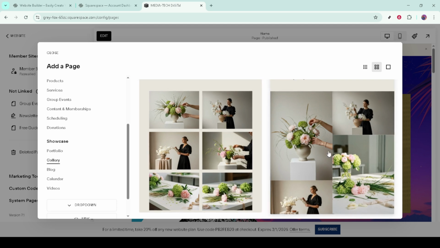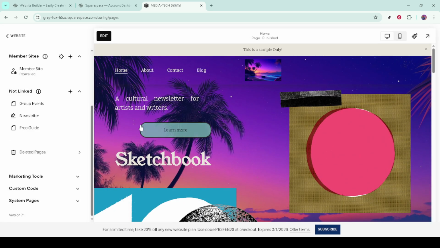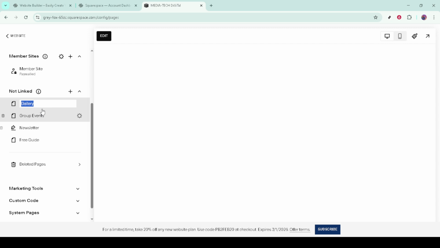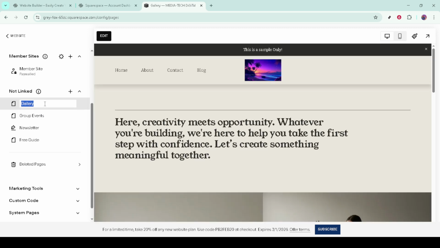If you're working with several pages, use drop-down folders to keep things organized. This makes the section easier to navigate, especially on larger sites. To create a folder, hover over the Not Linked heading again, click the plus icon and select Folder. Name the folder, then drag any related pages into it. Folders won't display in your site's main navigation unless you move them there, so they're great for grouping drafts, campaigns,